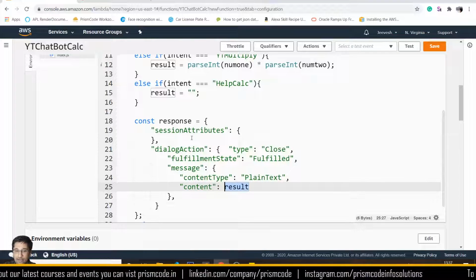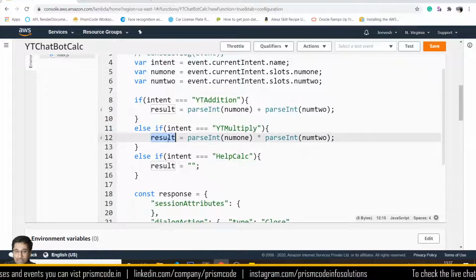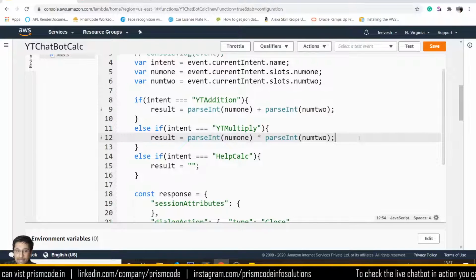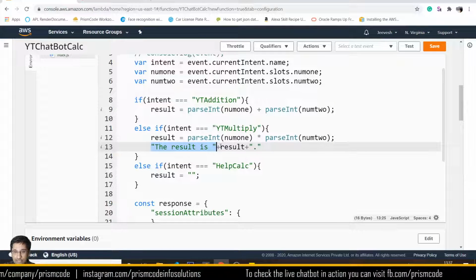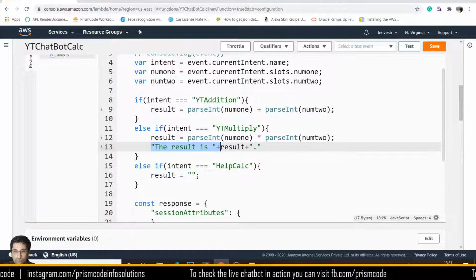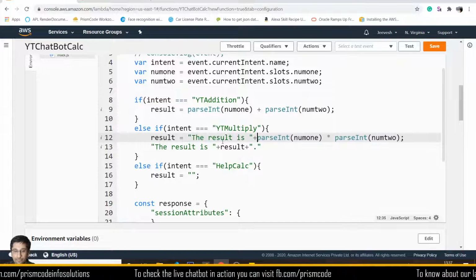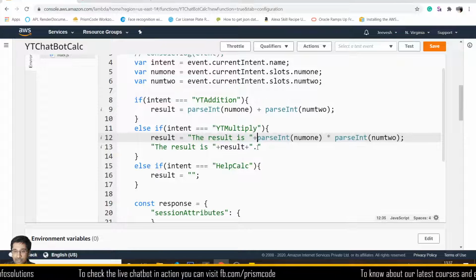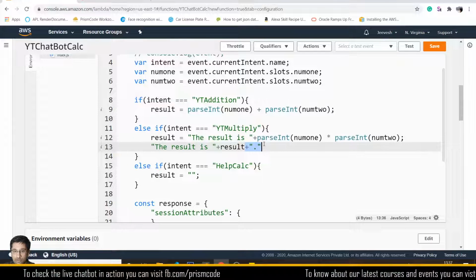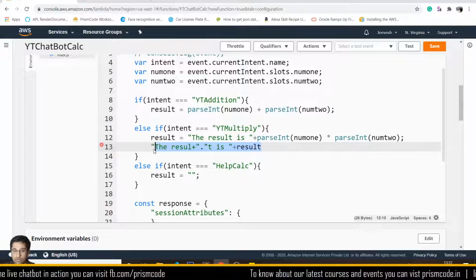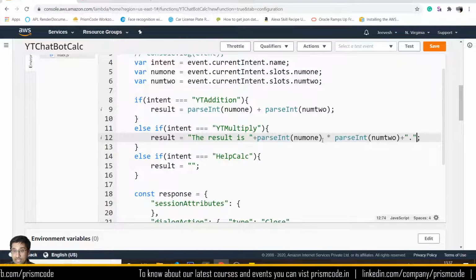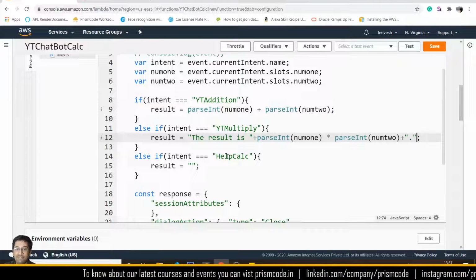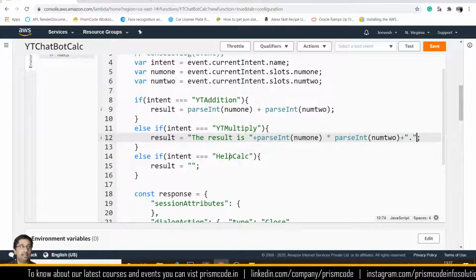I've added result over here. Here I'm going to add in textual result, and for this I am going to add the statement here itself. So I'm just going to copy it. The result is, you can see, copied that. The result is the value of this followed by a full stop. So now what would actually happen is, for those of you who did not understand this, please give me a minute to explain. Now I have created a help intent, which means I want the user to actually interact with me, talk to me. So in that case, what is actually going to happen is